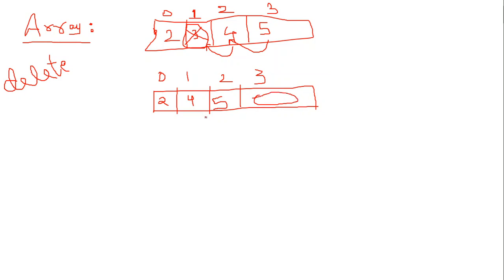You can see that even after deletion, earlier you had 4 elements. Here it should be 3 elements. See here there are 3 elements, but you can see the blocks are 4, right? Again you are wasting one more space. So this is what I am saying, that after the deletion of the element, array has not changed its size. It remains the same. So this is the issue which array has, size does not change.